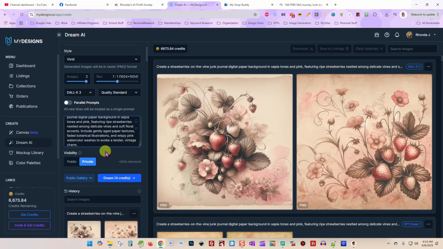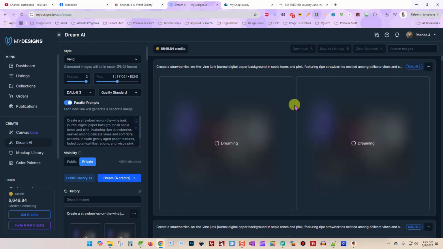I want to create a 10-page bundle, so I want it to create for me roughly 12 different images. That way I have several to choose from. So I just pasted that same prompt in a few different times, and I turned on parallel prompts so it will run all at the same time. So I'm just going to click on the Dream button here now, and it is going to generate about 12